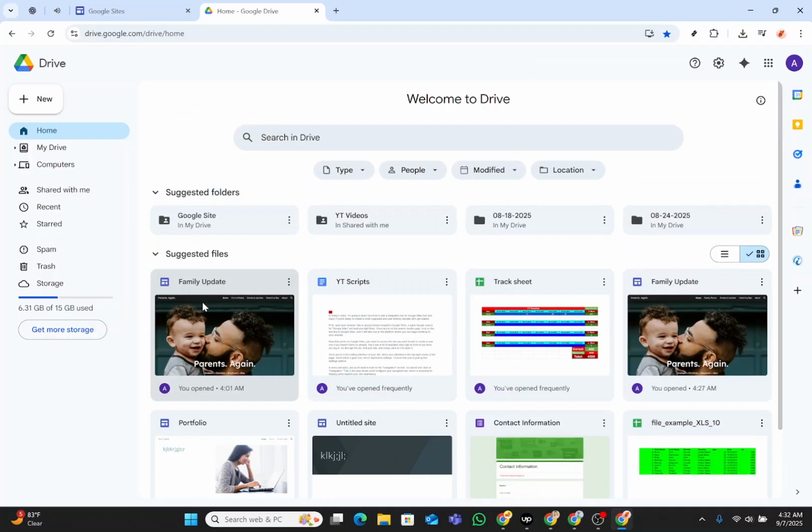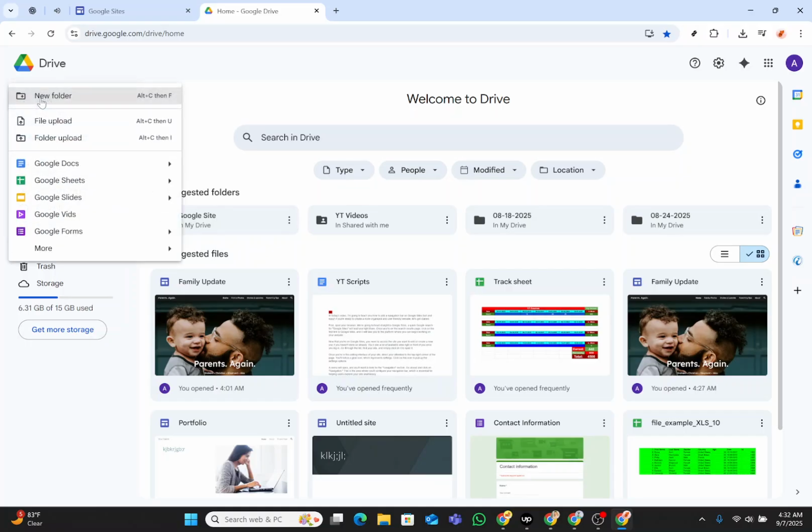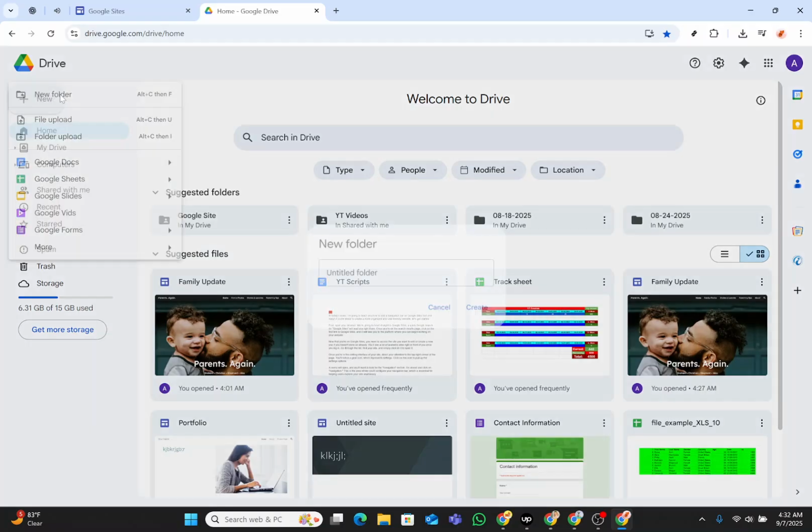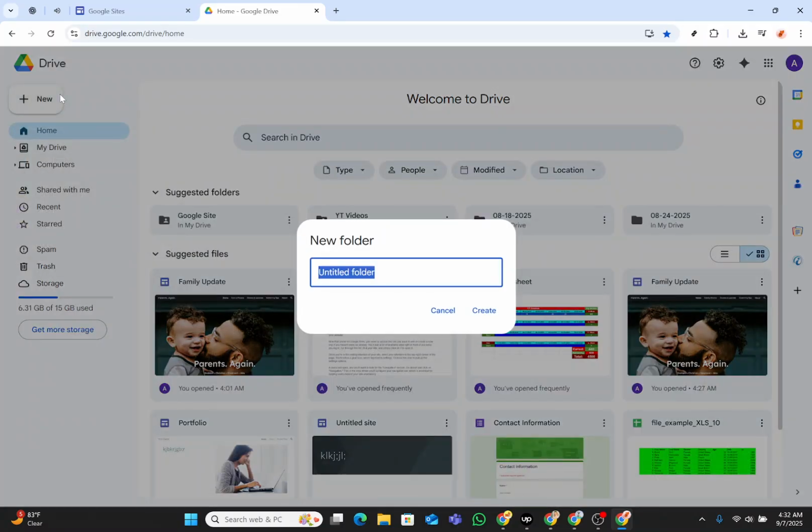After identifying the site, the following action involves moving it to an archive folder. To do this, create a new folder in your Drive. You might want to name it something intuitive like Archived Sites, so that in the future, you can easily recognize where your archived content is stored. This folder will serve as the dedicated space for storing sites you no longer need active, but still want to